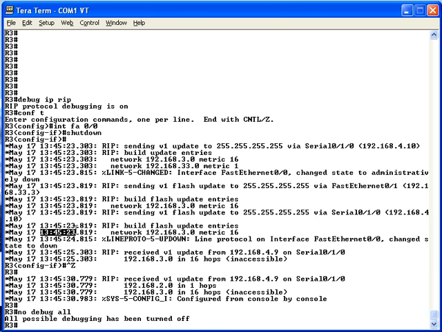Now if you look out to the left, you see a timestamp on those messages. Then I want you to look at the timestamp that we're highlighting just below it. Notice it's only a couple of seconds different there. The timestamp down below is the received version 1 update on serial 0/1/0 that happens next. That's the triggered or flash update sent from router 2 back to router 3. Notice it also advertises the same network 192.168.3.0, and it also lists that as a 16 hop or infinite metric